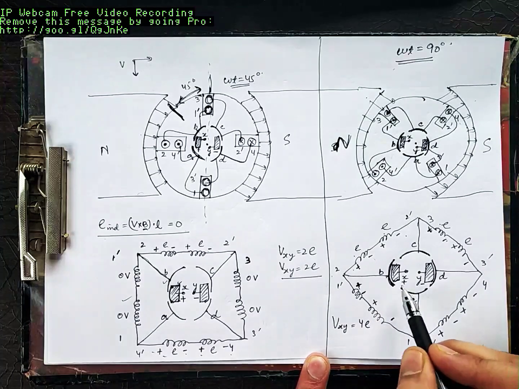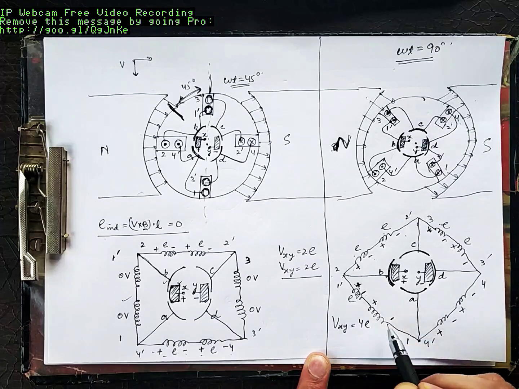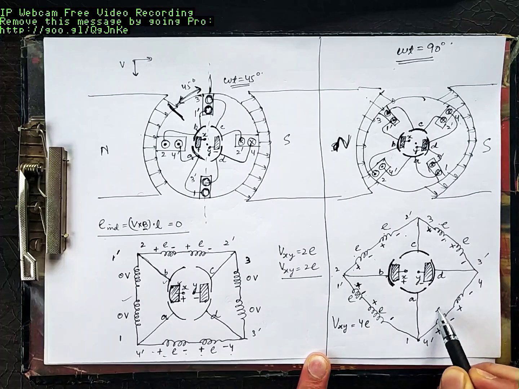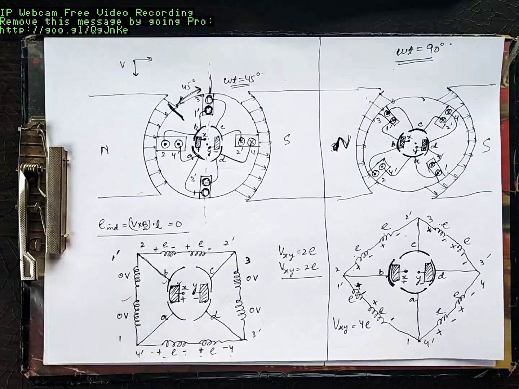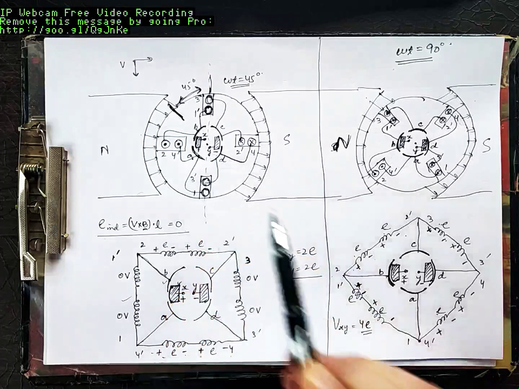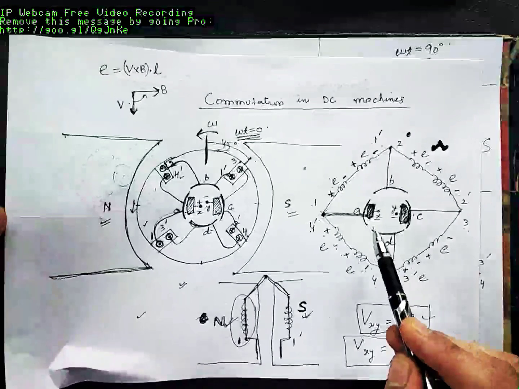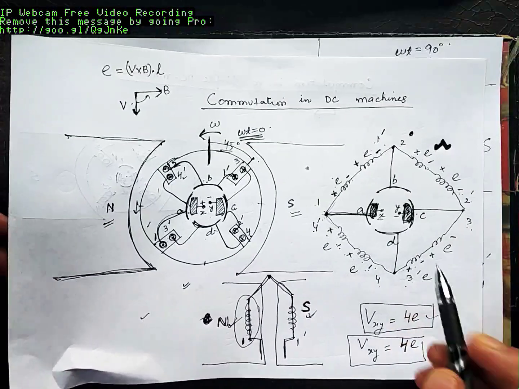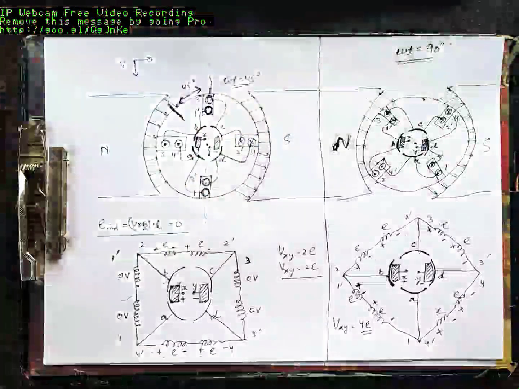You can check from this path as well. Go to B, then go to 1 prime, plus minus E, plus minus E, plus minus E, plus minus E, E plus E plus E plus E, that is 4E. So voltage that you get at the output, Vxy, is 4E. X is positive here, Y is negative. At omega t equal to 0, X is positive here. X is always positive and Y is always negative here. So we are getting the DC voltage at the output.